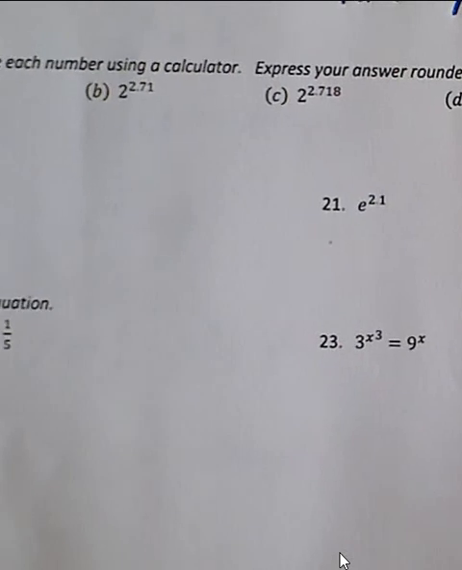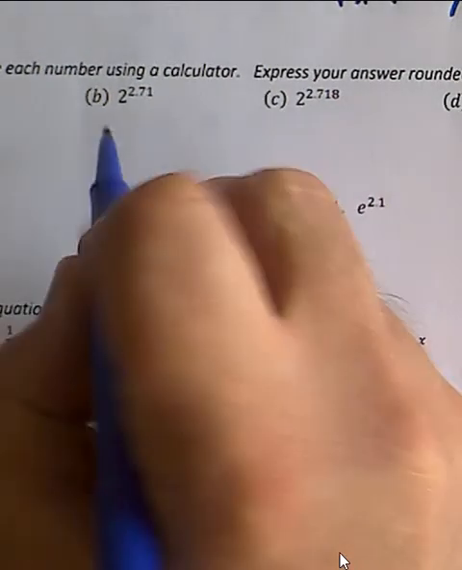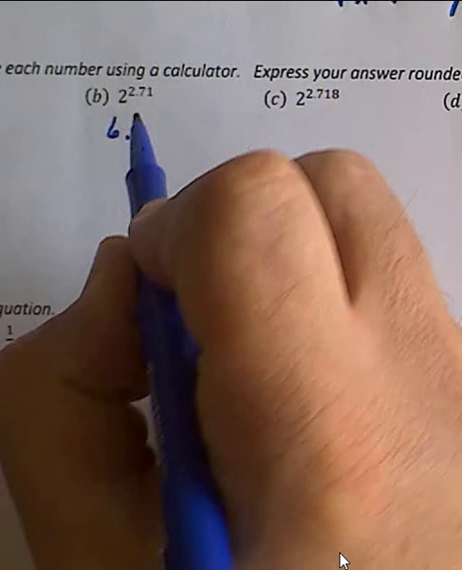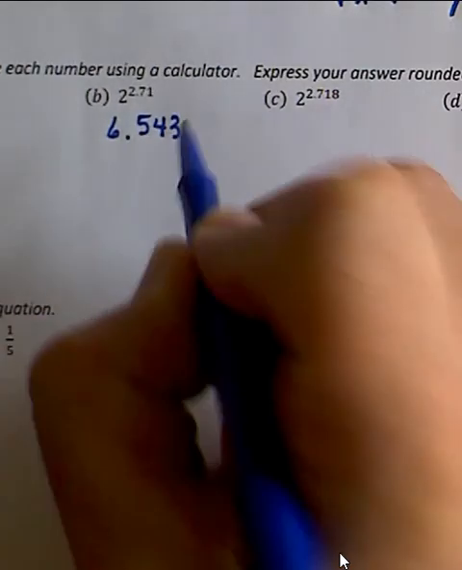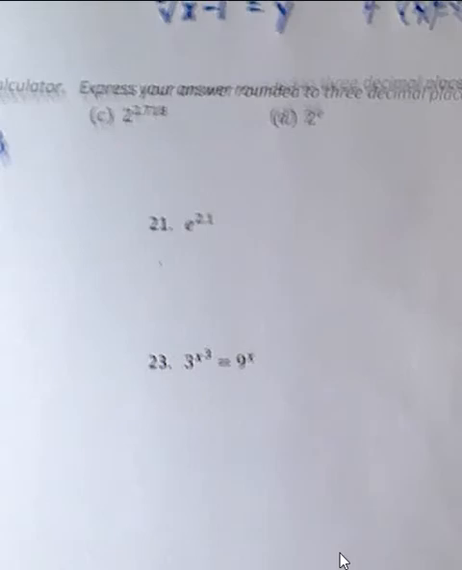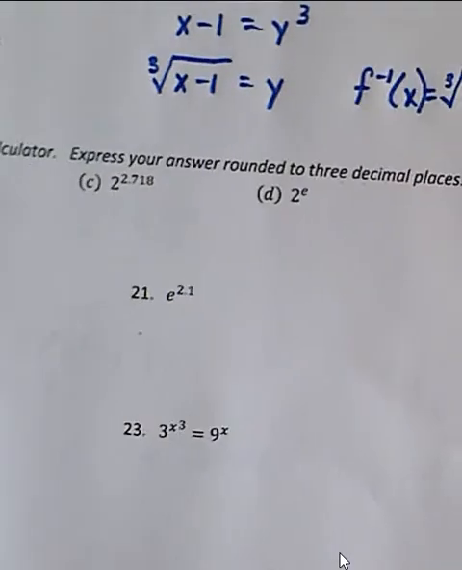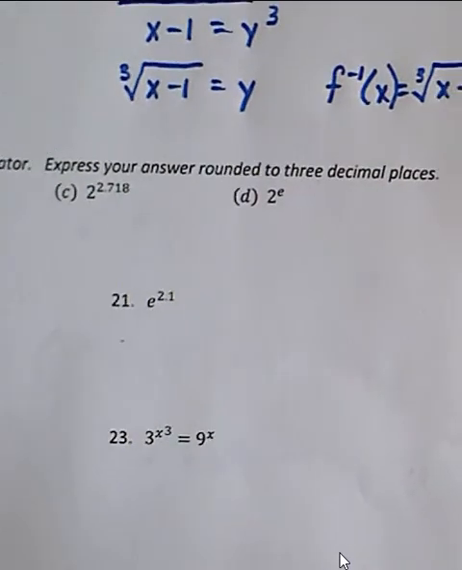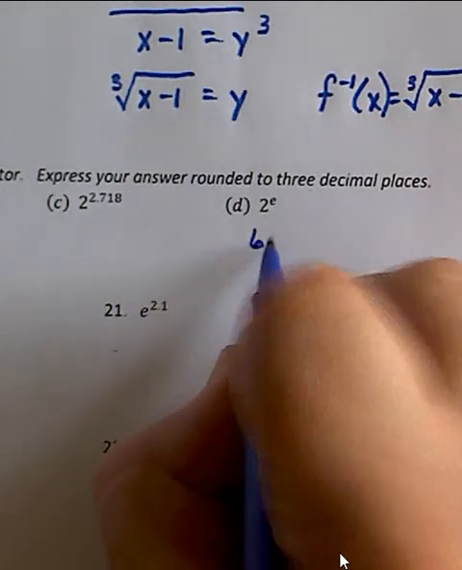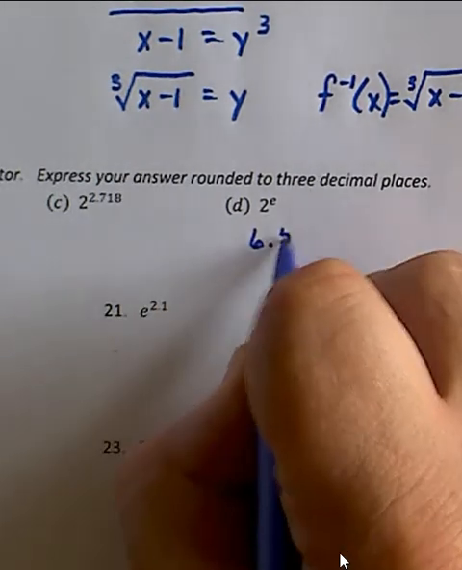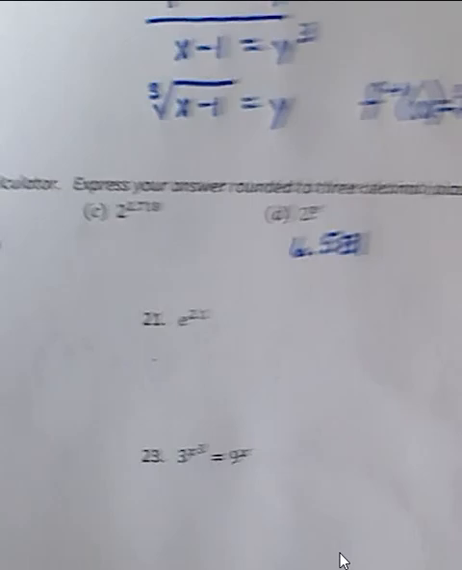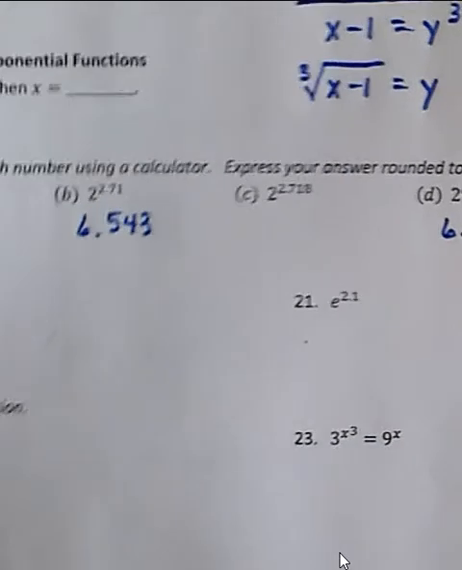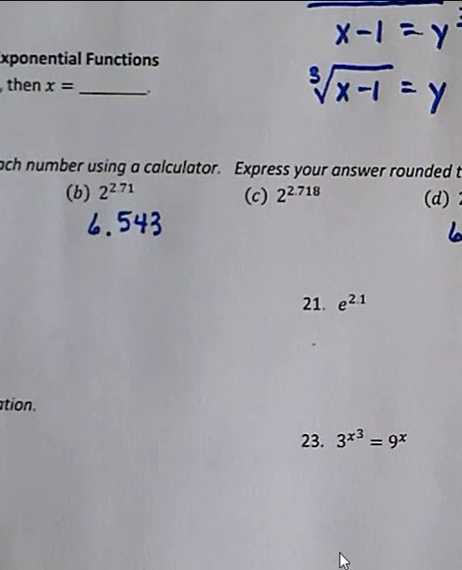So for B, we ended up with 6.543. Okay. For D, we got 6.581. Okay. Now, on 20 and 21, you're going to use E by going second and then hitting that E to the X first,